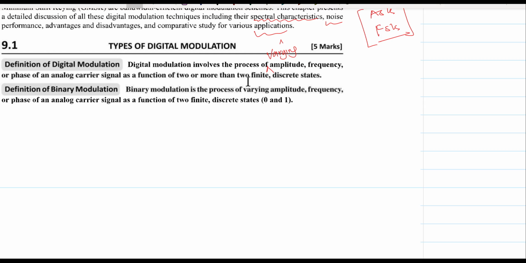We now try to differentiate between the types of digital modulation schemes, and the first one is the definition of digital modulation and binary modulation. These two terms sometimes may appear as though they mean the same, but there is a slight difference that comes as follows. Digital modulation involves the process of varying